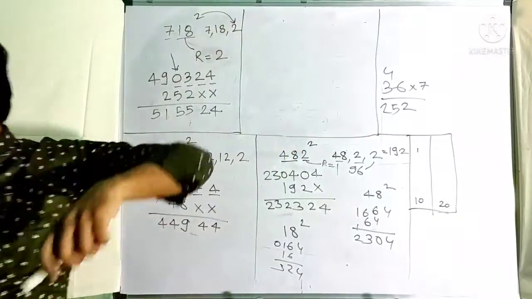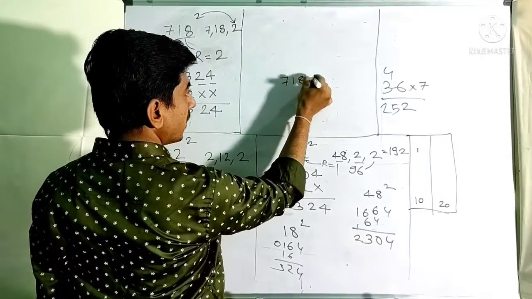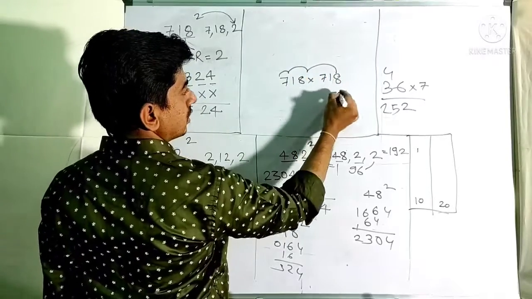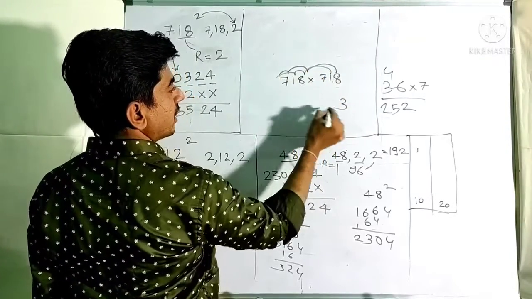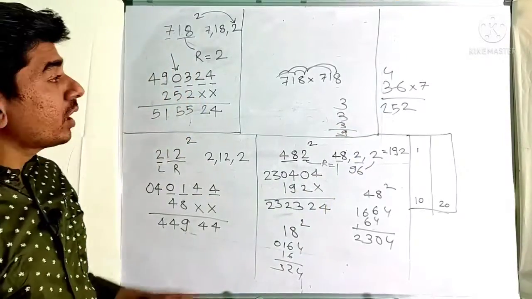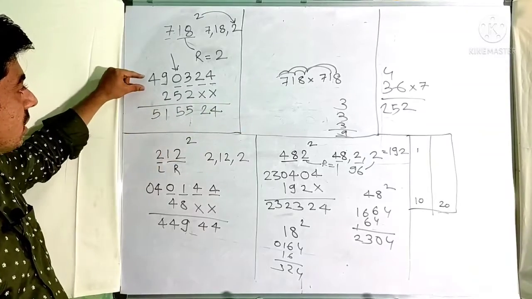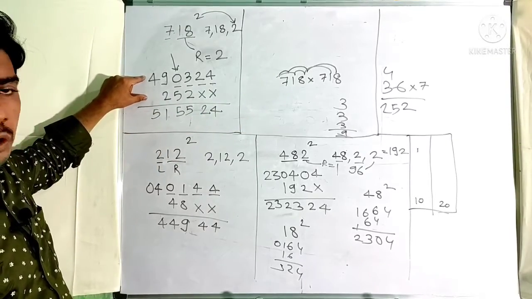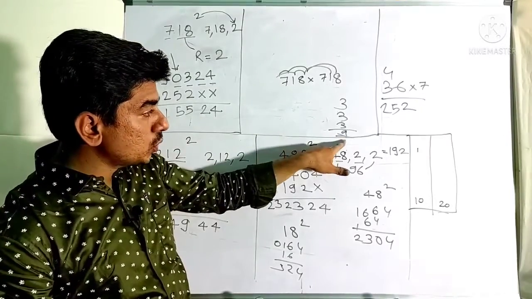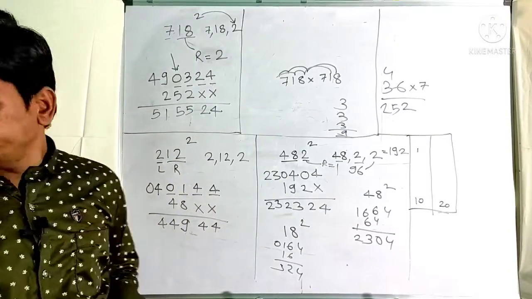Otherwise, if suppose this method is not available, the conventional method consists of how many multiplications? Let us see. This number you should multiply 3 times. This number you should multiply again 3 times. 3 plus 3 plus 3. That means 9 times you have to multiply them, and after that you are going to add it. Here what we are doing, we are just doing 2, or just writing the 2 numbers and adding it once. So this method is helpful.